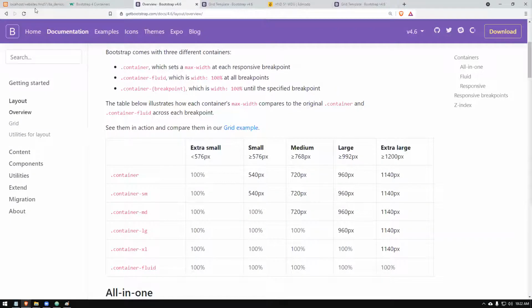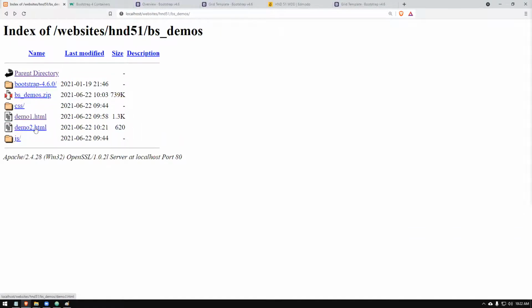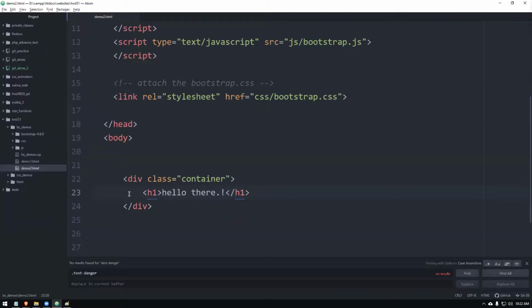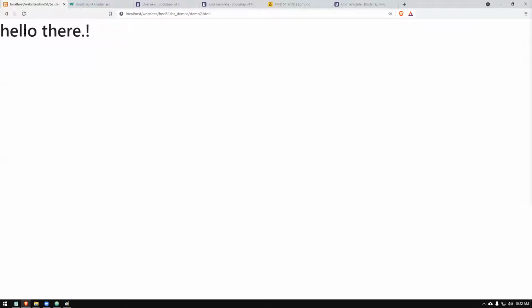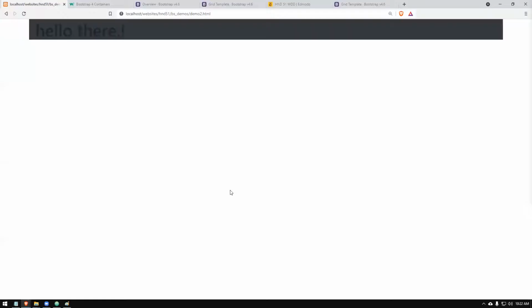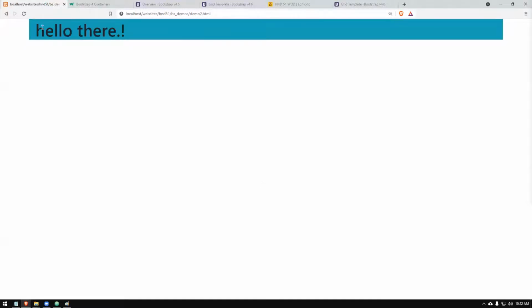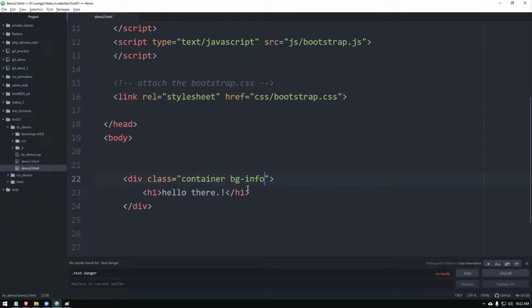So when I reload that file, you can see a gap has come here. That means if you don't have that div and all, it will be just here in the page. So it's not proper designing. We give like this, right? So I can give a class called bg-dark. Okay, I can use a bg-info, for example. So a background color also I can apply to that. So you can see where that part is. That means this container, where it is. That's what my idea is.